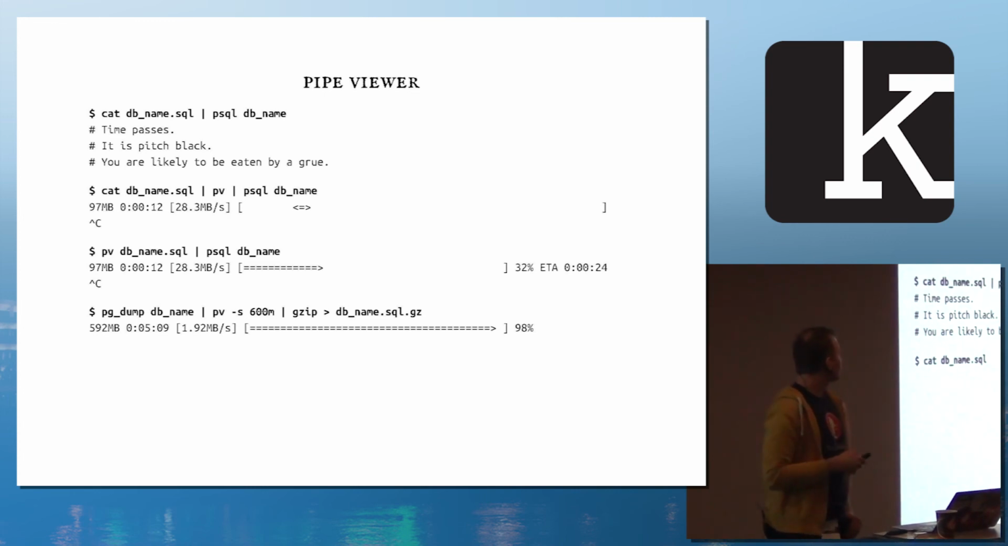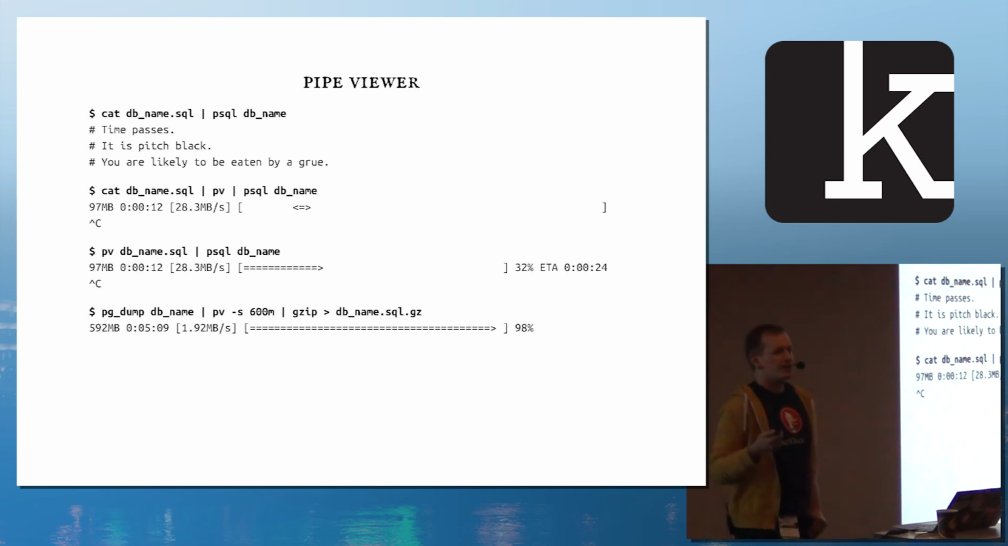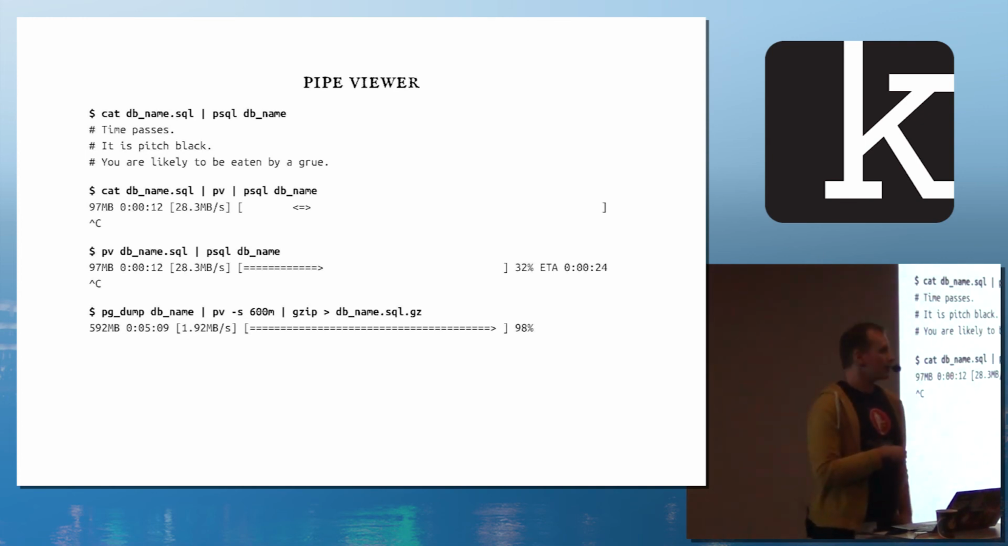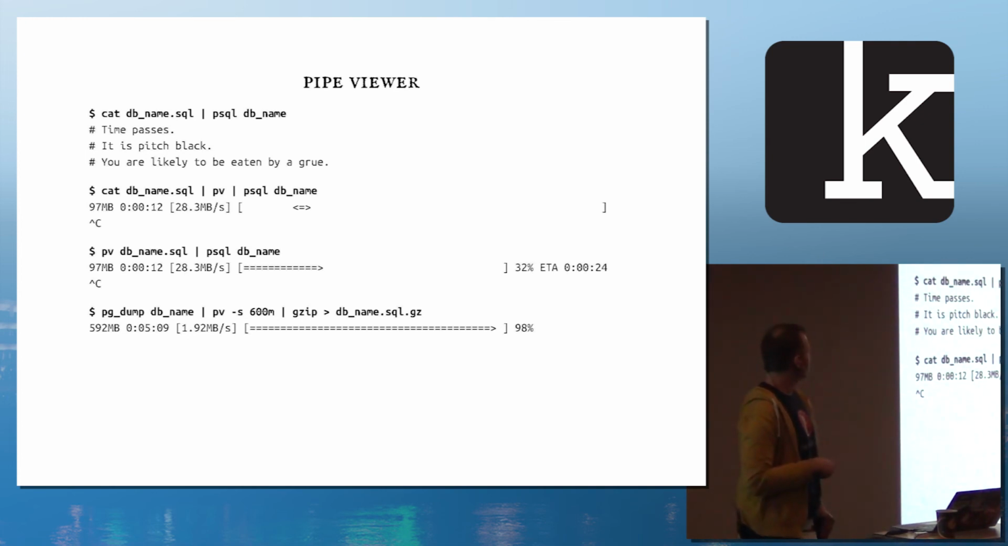But rather than doing this, you can use Pipe Viewer, which is this little pv command that you put inside of your pipeline, so to speak, and it will pass the input to its output, so it won't alter the things you're cutting, but it will show you how much data is passing through it. So it would tell you, you've been doing this for 12 seconds, it's been 97 megabytes, so it's been 28